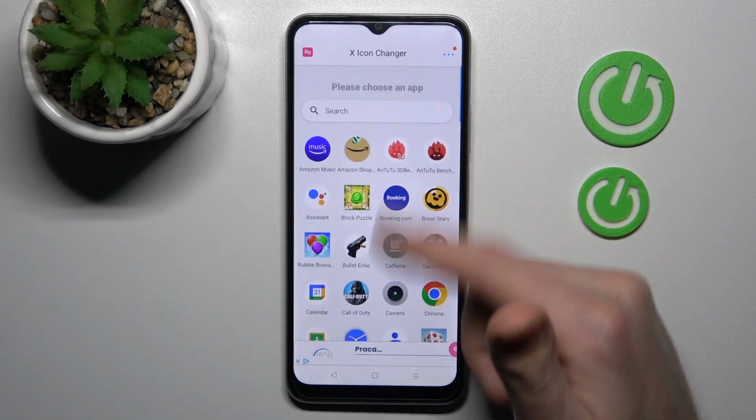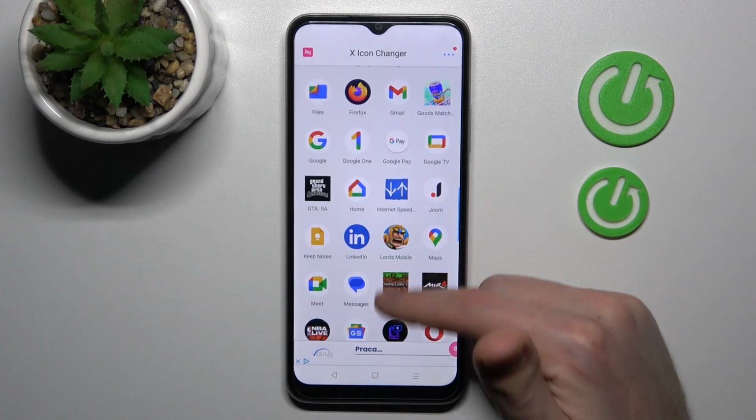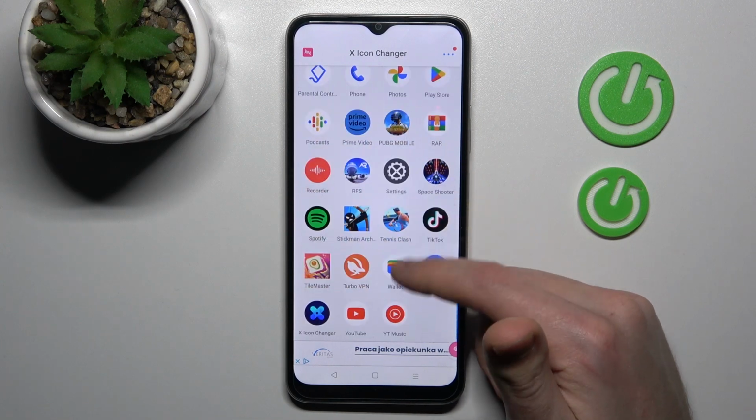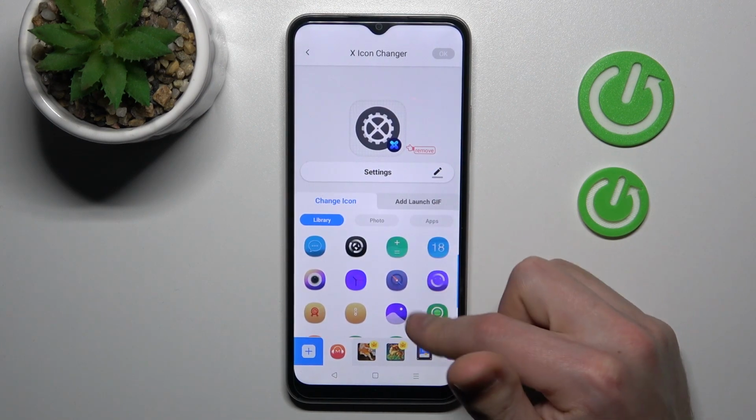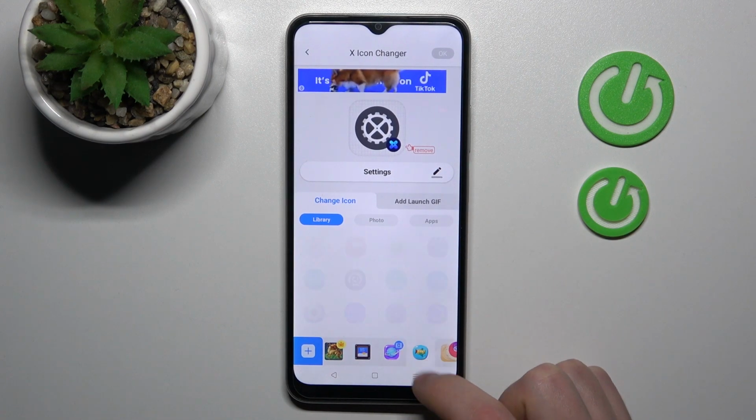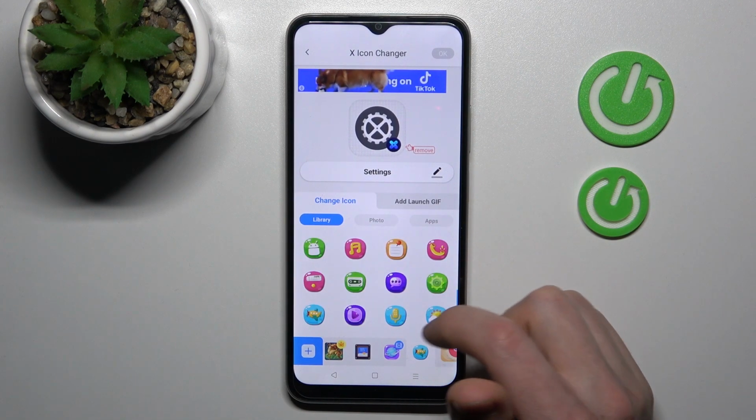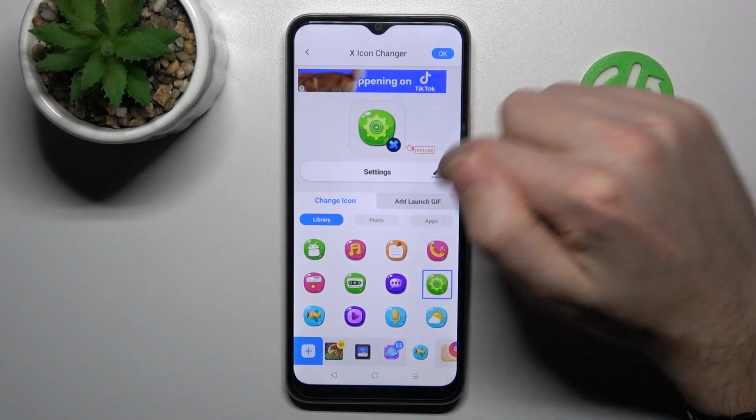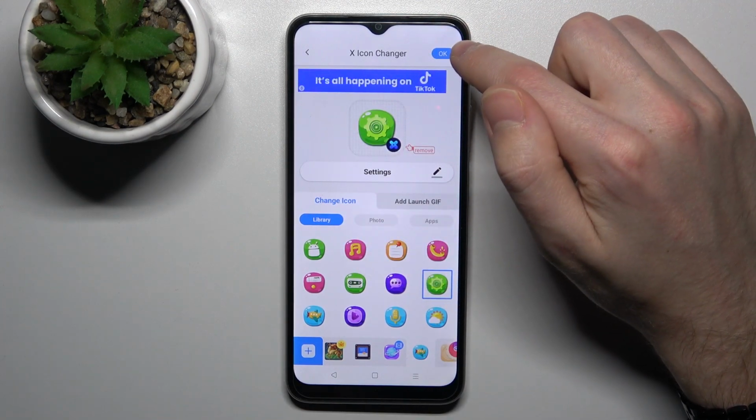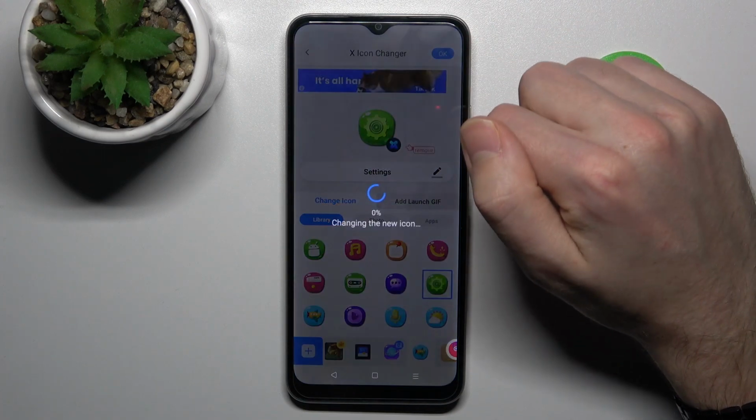And when you see this list, you select the application you want to change. Maybe Settings will be nice. Okay. Now from the library of icons, choose a style for this icon. Maybe this one. Okay, and now to save this icon, tap here on the top right corner on the OK button